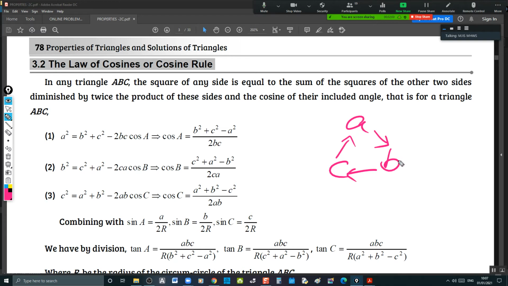So similarly, in the case of angles also, after angle A, angle B comes, after angle B, angle C comes. So this cyclic order will be comfortably followed in the properties of triangles. So number one, sine rule. Number two, cosine rule. Number three,